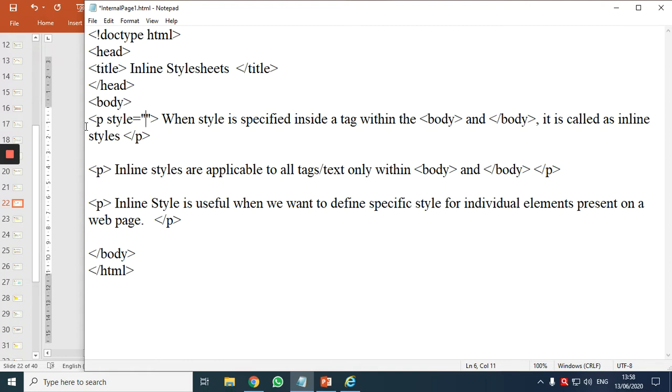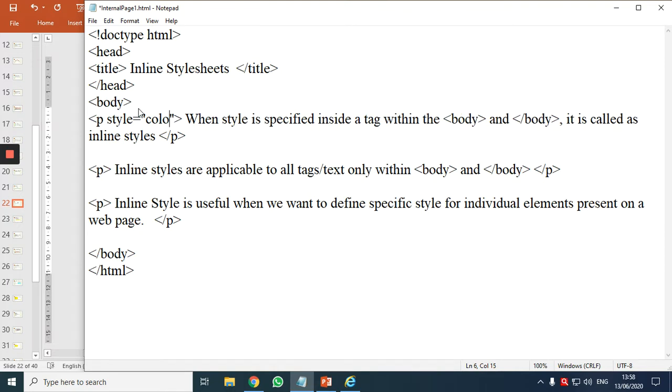Why? This is an attribute. Its value should compulsorily be written in inverted commas. So what is its value? Its value is our declaration block. And what is our declaration block? It is made up of property colon value. So I'll use a simple property, color, colon.